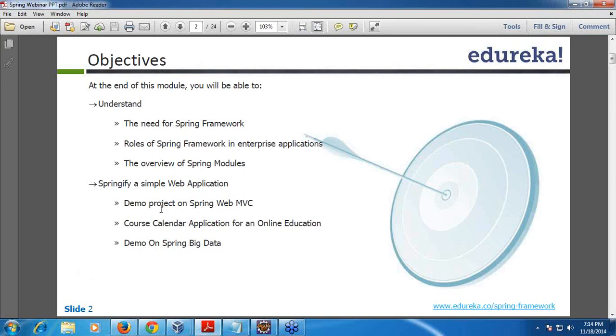Once I finish that, I will also show you a project we developed, a calendar application for online education. That is just for demo purposes. I will explain what modules are included as far as Spring is concerned. And finally I will also give a brief introduction about big data, and we will see how to integrate with big data using Spring itself, right?